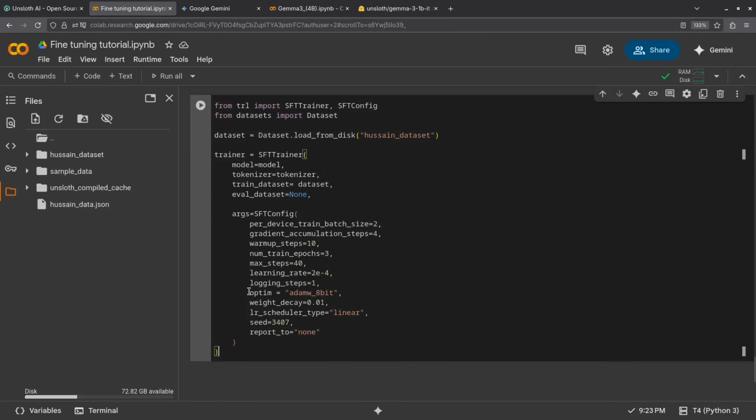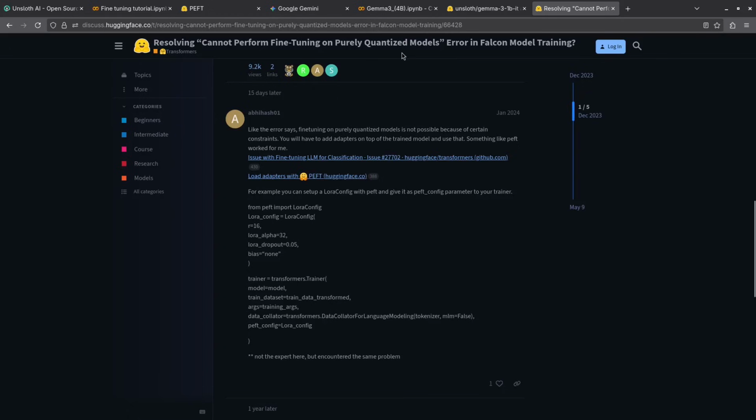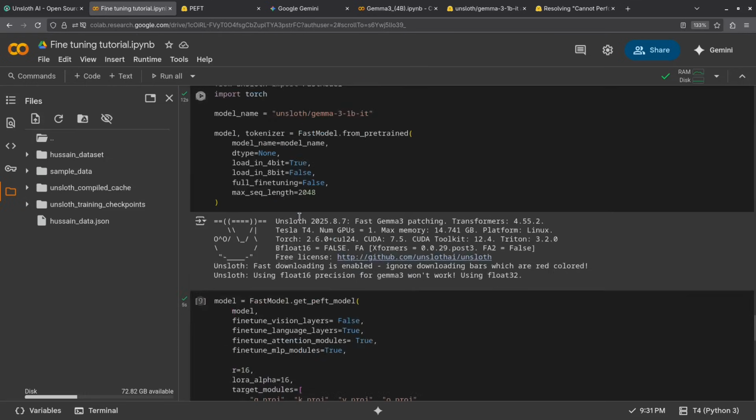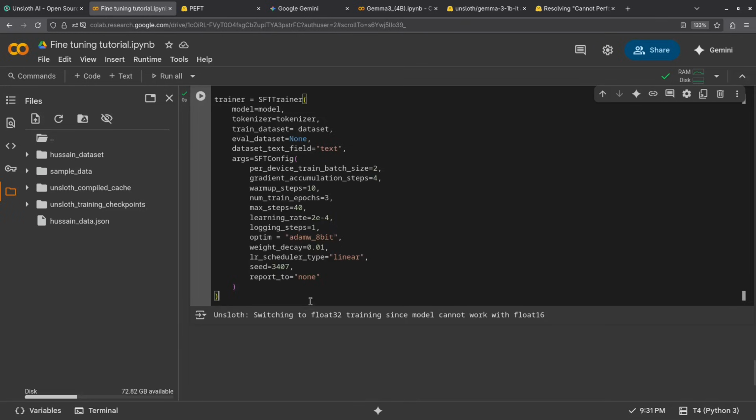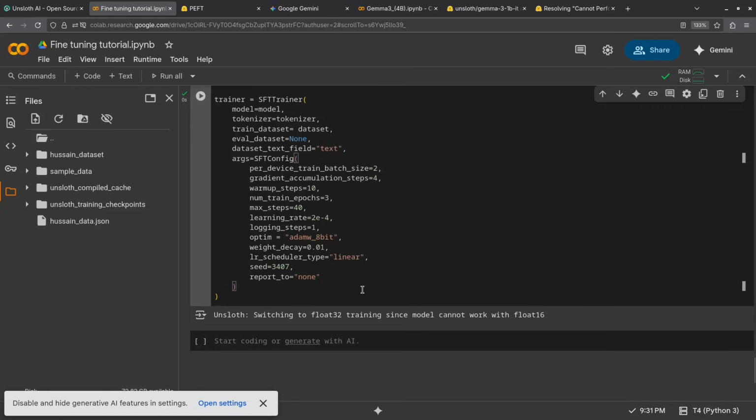Once again, I'm not really sure what these arguments are, and explaining them will take a long time anyway. So to repeat, I would suggest that you guys look into using a large language model or the documentation to actually know what these parameters mean. Let's now run it. So earlier I got an error telling me that I cannot perform training on a quantized model. So to fix it, all I did was to run this snippet, the next snippet, and then this snippet again. Anyways, so now that my model has been trained, moving on,